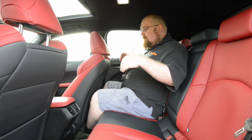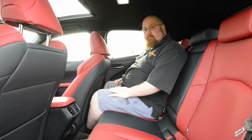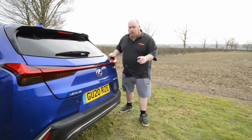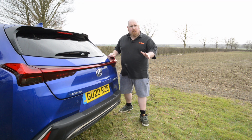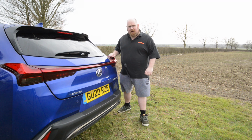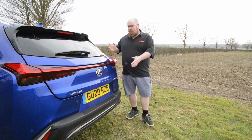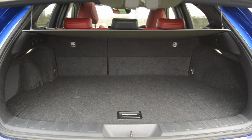And that's enough of looking at the back seats of the UX. Let's check out that boot. Now, before I open the boot of the UX, I just want to quickly point out how refreshing it is to have a rear bumper with no fake exhausts in it. So, thank you very much, Lexus. But now, if we open up the boot of the UX, and of course we have a power tailgate on this car,